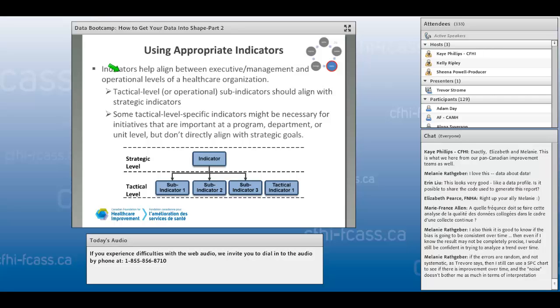And so then the indicators that we develop help us align between this executive management and operational levels of healthcare. We talked about this a little bit before, where we would have the tactical level indicators that are useful on the front lines for improving a process, changing workflows, etc. But ultimately, the activities that we're measuring, the things that we're trying to improve, need to roll up into some strategic level goals, so that as an organization we're able to advance our overall healthcare